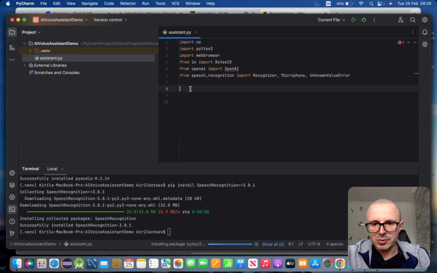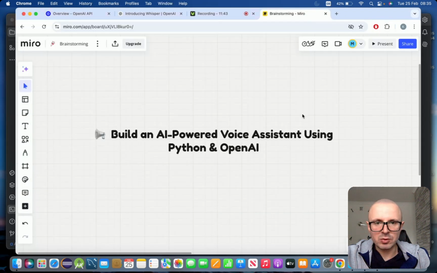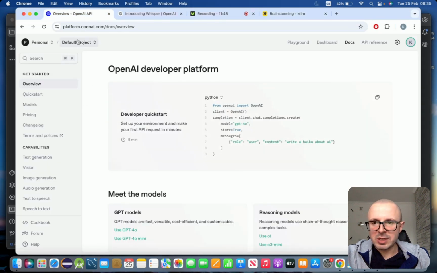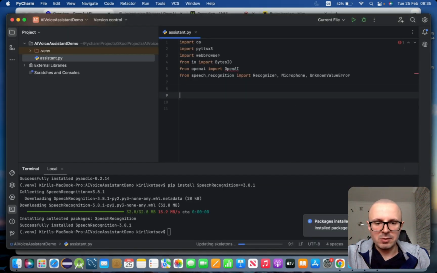So we want to basically make an integration with OpenAI. So we can go back and open the platform.openai.com website, and we can copy this snippet of code, which is very useful, and it's used for establishing connection to OpenAI. Now we can go back,